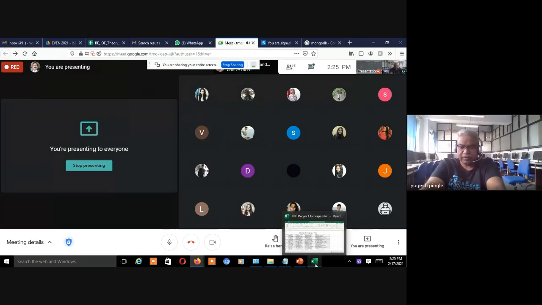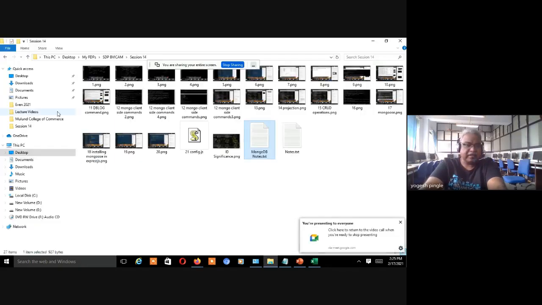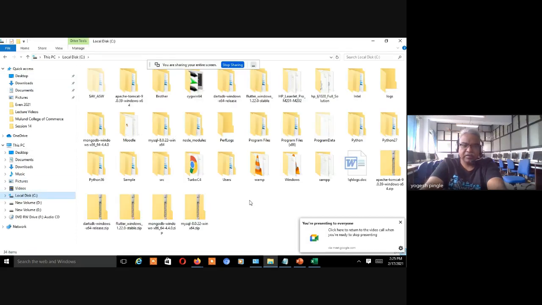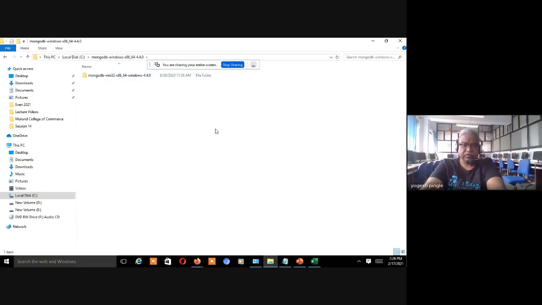Okay. So the one point is this, that I have extracted the file. You can see this. See, this is the MongoDB. I am also working on Dart and Flutter, so I have installed that also. But now over here we are going to stick with this MongoDB, right? So you keep it in C colon or whatever. You extract the files in C colon. The C colon is always better, where we have installed the software, right? Always we are going to keep it at the C colon. So just extract it, right?